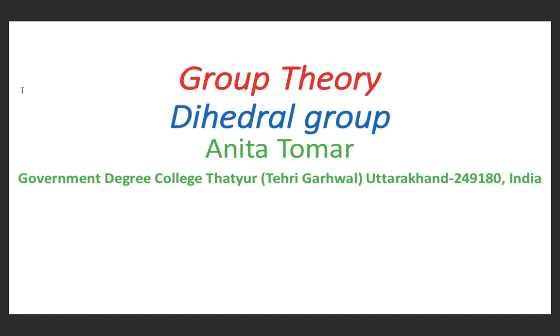When the shape is a regular polygon, the group of symmetries is called the dihedral group. The word dihedral means two faces and it is related to polyhedron, which means many faces. So it is enough to rotate the polygon by an angle so that the shape is the same as the initial shape. So to make n rotations to complete a 360-degree turn, we make a rotation of 360 by n degrees. Remember that symmetry comes from the word symmetros, which is a Greek word and it means like measure.